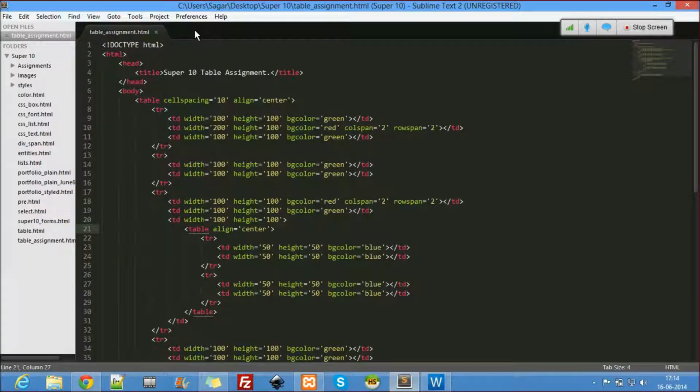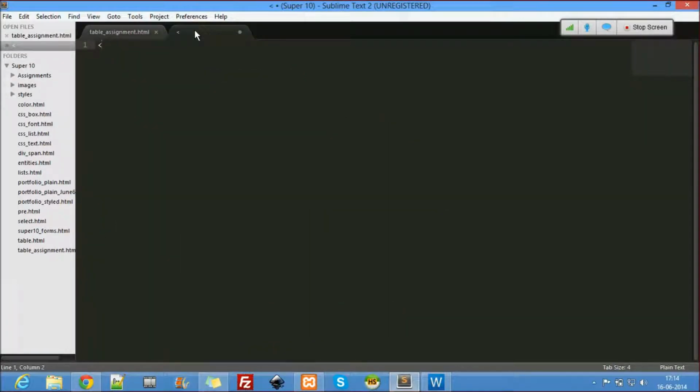Okay, so let's talk about the display properties here. As usual, the first line of any page is the doctype HTML, which means the document type uses HTML convention. So HTML, head, body.